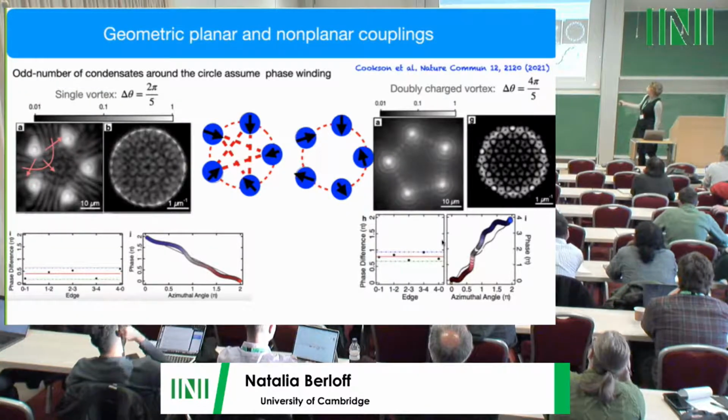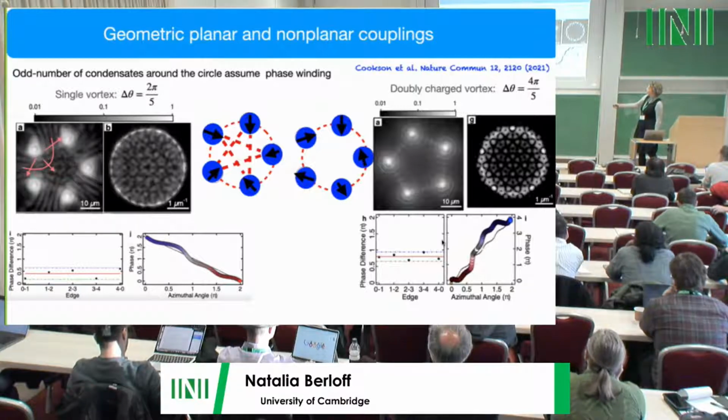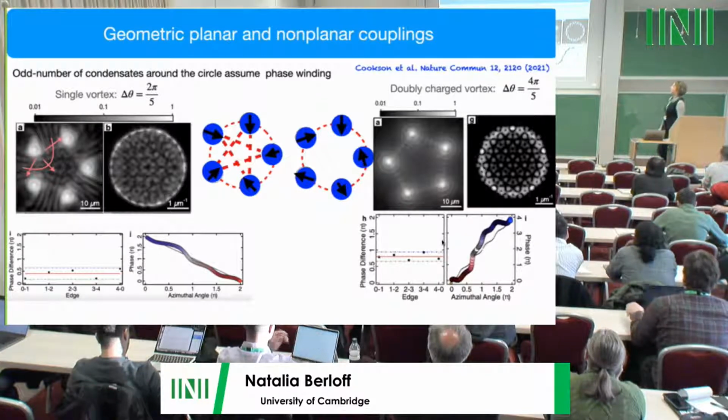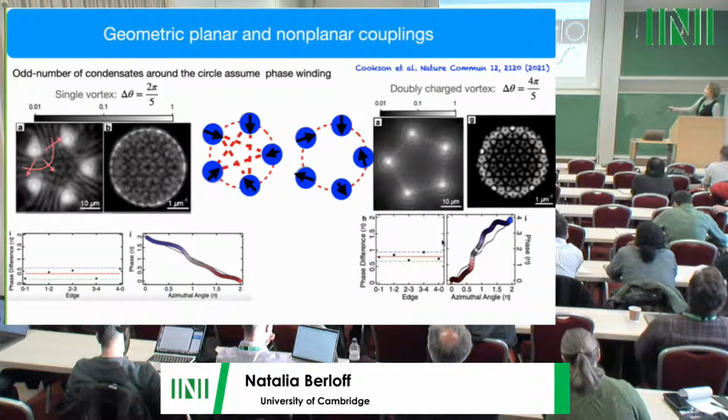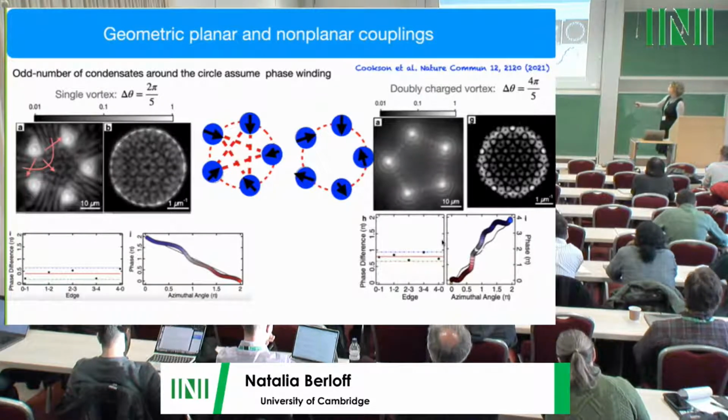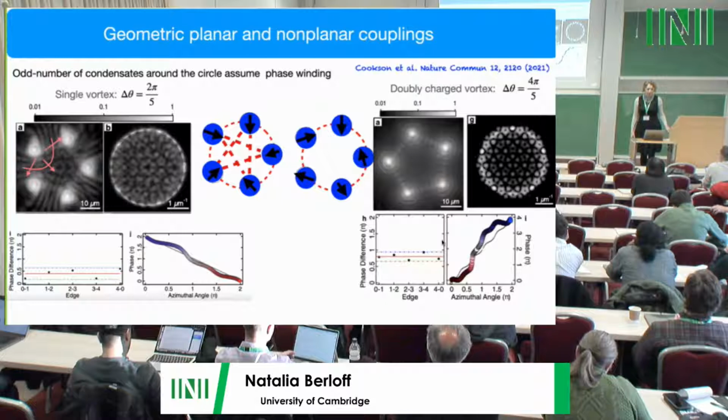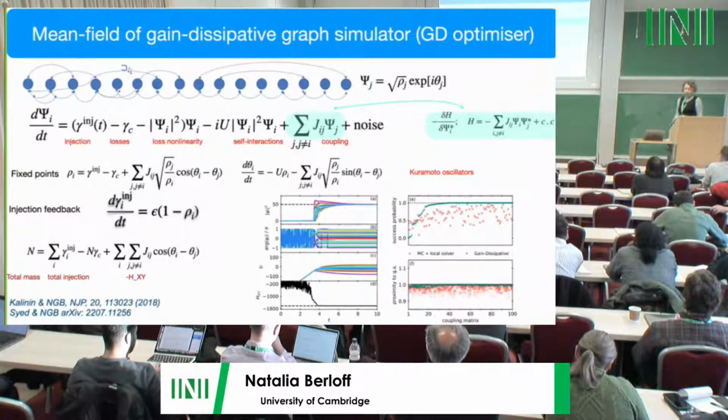However, if you change this lattice constant, if you bring them closer, now they also start interacting with the next neighbors, also antiferromagnetically, and the interaction is stronger than with the nearest neighbors. And then the phase difference that the system has is, again, 2 pi over 5. Again, that's what is expected from the XY model minimization. Okay, I have 2 more slides.